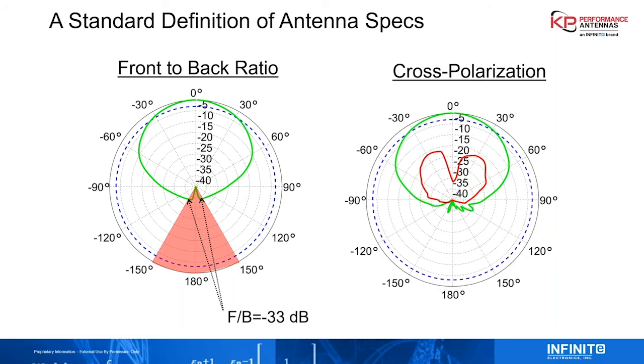So cross pole is another interesting specification where it's really just a measure of how much power is in the polarization you want to radiate. That's your green, copolarized, versus how much power is in the polarization you don't want to radiate, which on this plot is the red, and that's called the cross pole. So you want a high cross polarization discrimination